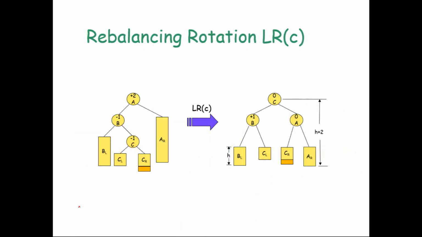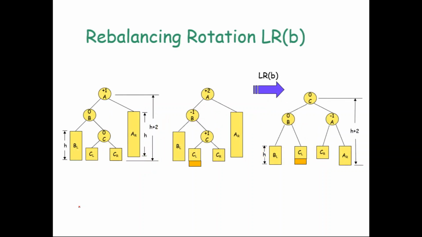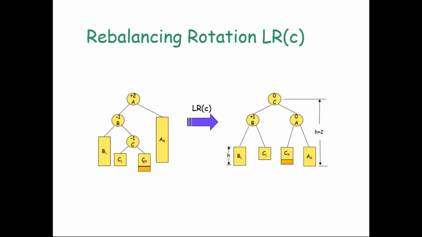Okay, so there is another case. In the previous case, the new node was inserted to the left of C. Here we are inserting the new node to the right of C. That's the only difference. Here the original tree is not shown. After performing this insertion, the tree got unbalanced. Now you have to balance it. The insertion happened here. If you travel from the root to this node, you first go left and then go right.